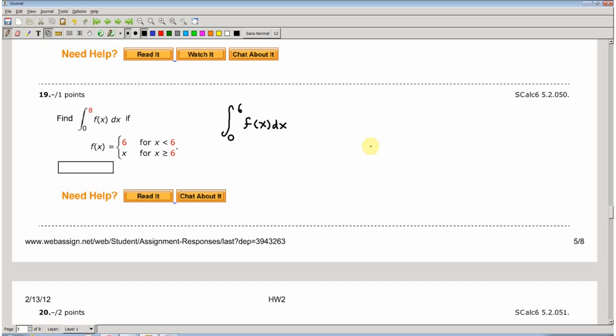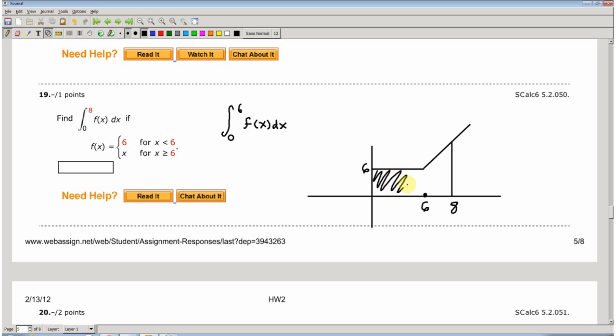So if you graph it, it breaks up into 2 parts naturally, right? There's the part that happens before 6. So here's 6, and before 6, it's just the flat line y equals 6. Here's 6 on the y-axis. And then after 6, it turns into the function y equals x, which is a line at 45 degrees. Okay, so here is 8. And what we want is the area between 0 and 8. So first you add in the area of this box, and then you add in the area of this,